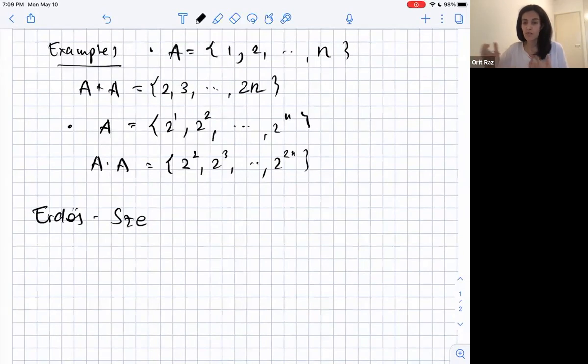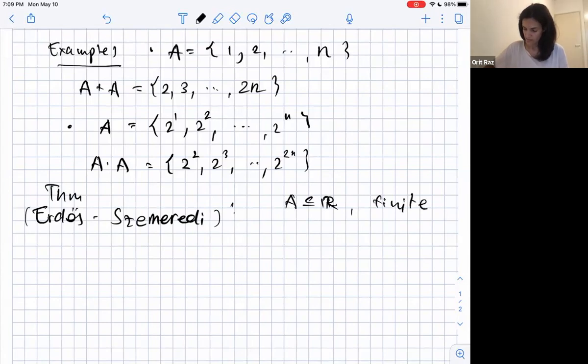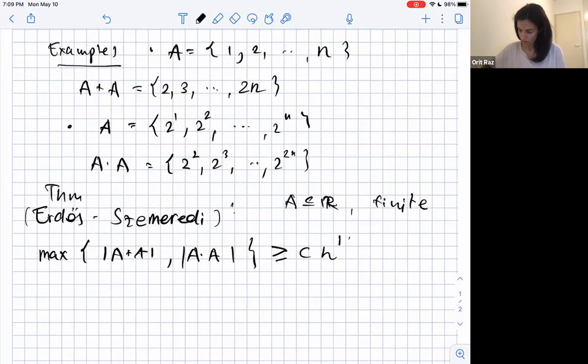And Erdős and Szemerédi asked what happens if we want to choose A such that both the sum set and the product set will be small? And Erdős and Szemerédi proved that it's impossible. So if A is a finite subset of R, then one of these sets will have to be large. So the maximum between A plus A and A times A will be at least, up to some constant, n to the power of 1 plus some number